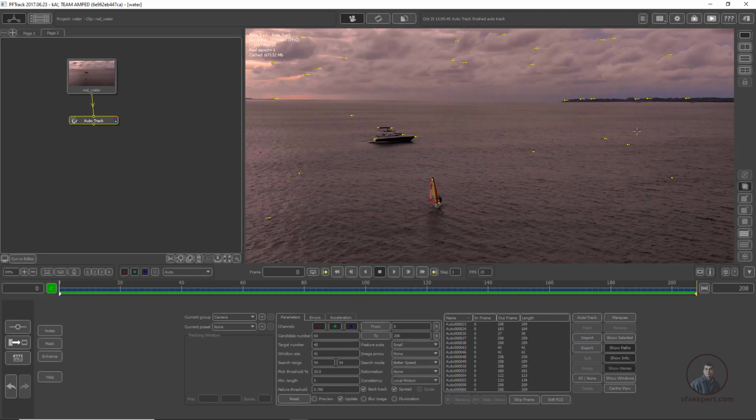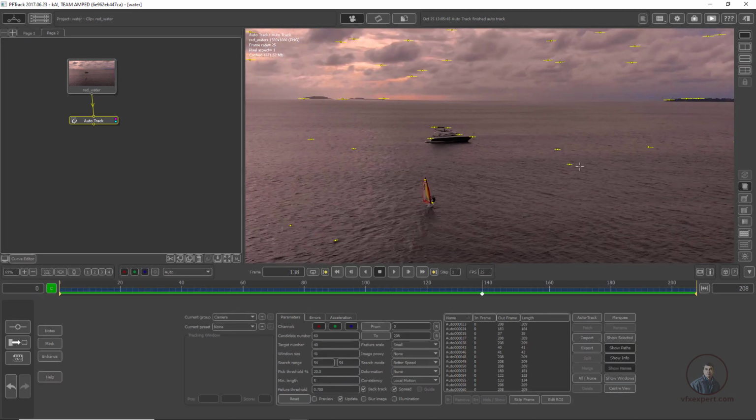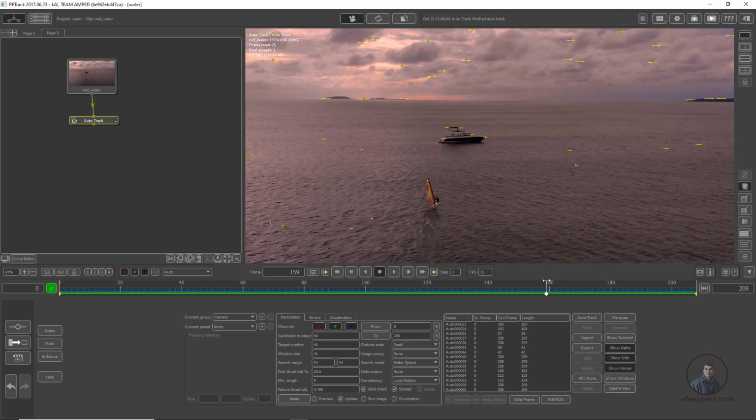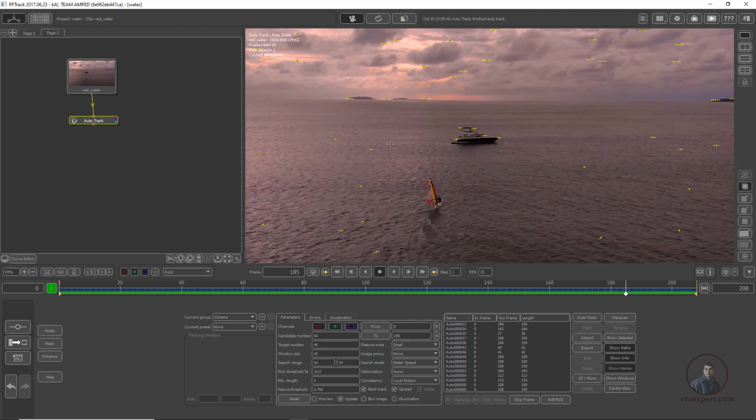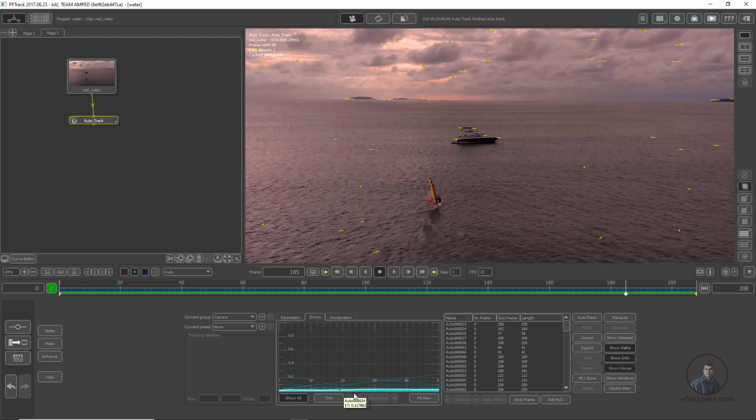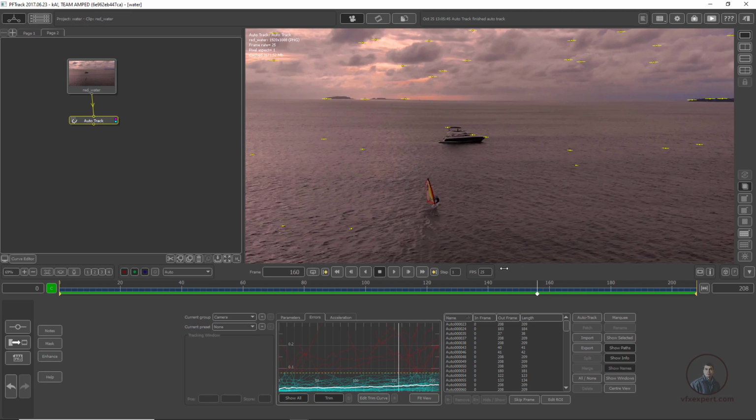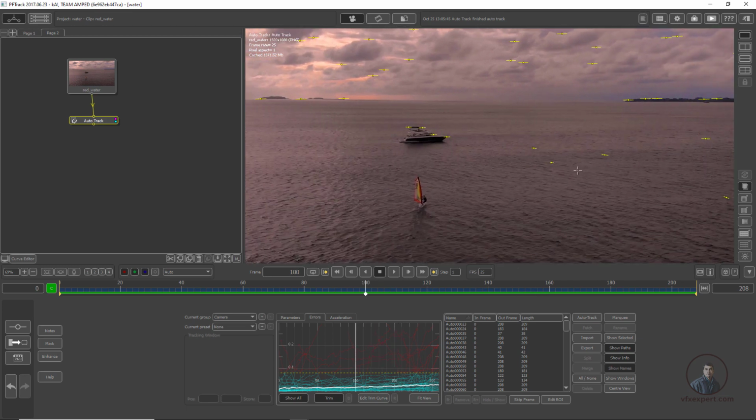After this, I am going to refine these locators or points a little bit, because these are water, so I think most of the locators are not accurate. So I am going to do a little refinement here. Then simply click on error, then click on fit view, so you can see, then click on trim here. Now we have to check the points again, point by point, only for accuracy.